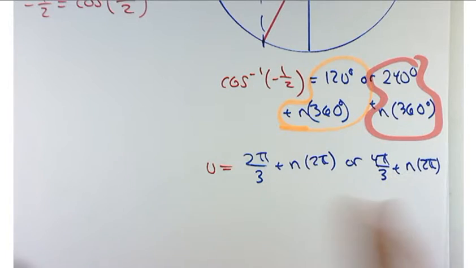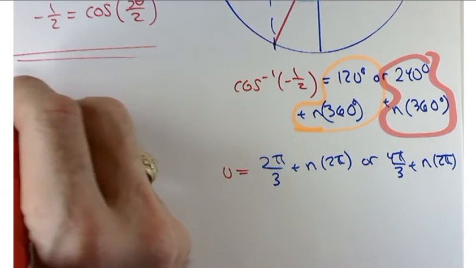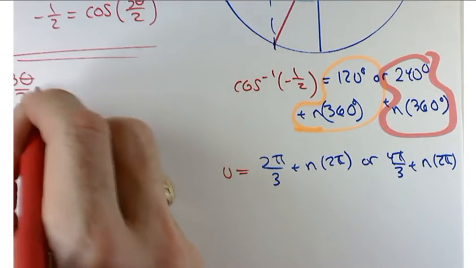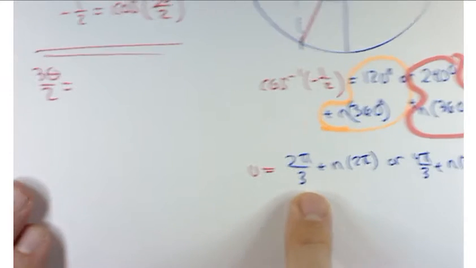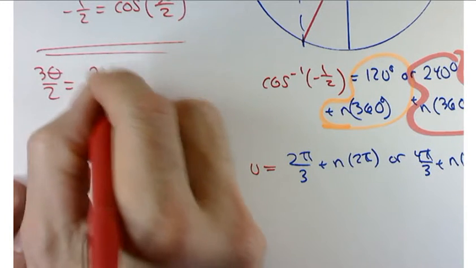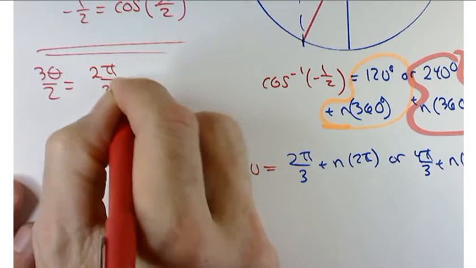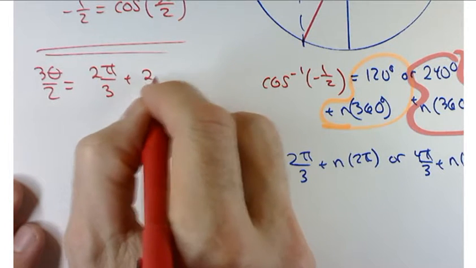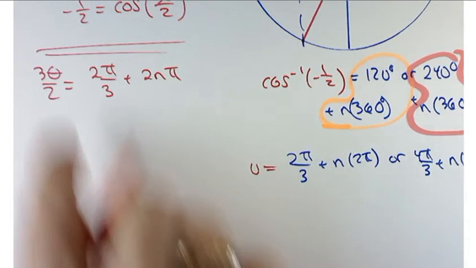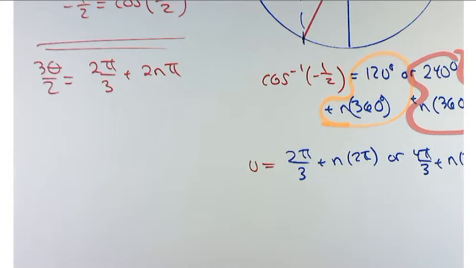So one at a time, let's take 3 theta over 2 equal, first of all, this expression: 2 pi over 3 plus 2 times n times pi. How would you solve for theta here? Okay, so basically we're back to like when we did, we're not using any double angle formulas or anything like that. We're just saying, okay,